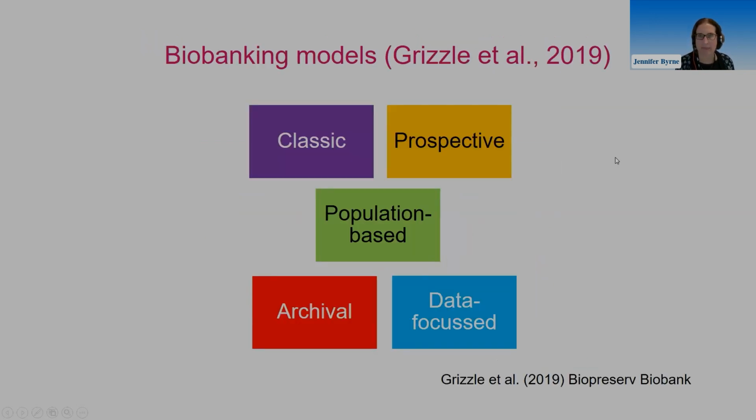There are, of course, a number of different ways that biobanks can function and different biobanking models. There are almost as many ways of classifying biobanks as there are biobanks themselves sometimes, but this particular group of models I'll come back to towards the end of the talk. There are what's called classic biobanks, which tend to be largely built around retrospectively collected samples. Prospective biobanks are biobanks where researchers work in partnerships with biobanks to collect the samples that they need. And of course, there's other population biobanks, archival biobanks largely built through pathology collections, and biobanks that are data focused.